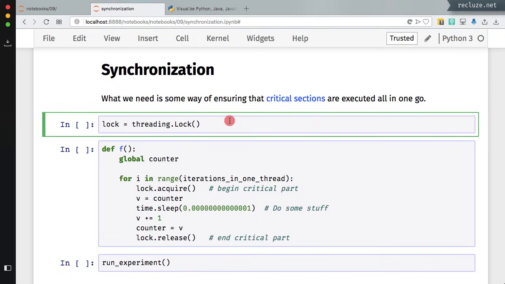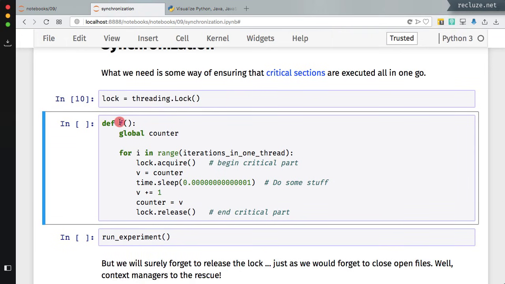And once you leave, then somebody else can come in. So that's the idea of a lock. So we define a lock using threading.Lock, and then we go ahead and redefine our function f. And here we have these two lines, lock.acquire and lock.release. Essentially what this is saying is, if I acquire the lock, so if I'm in thread